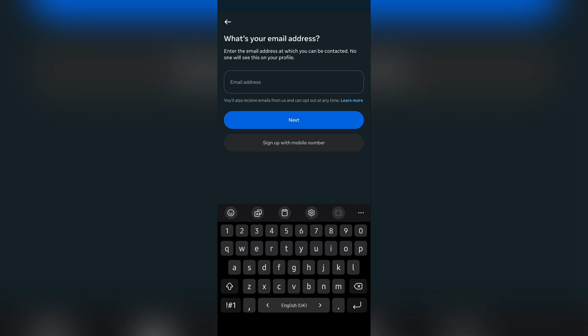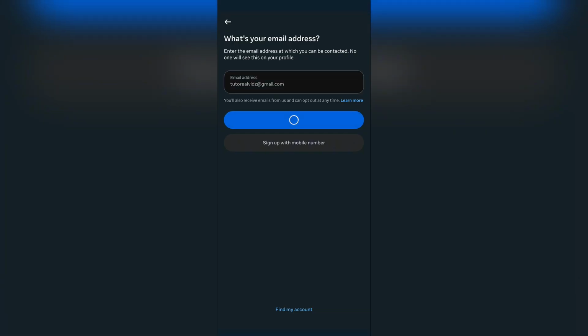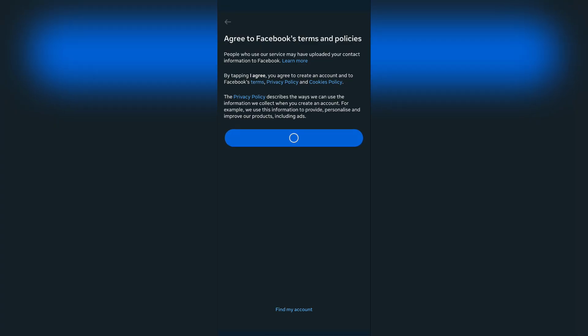I'm using email in here, and after entering either your phone number or email address, tap to next button. Now, after doing this much, you need to set up a password for your account. Simply do this and tap to next button. And now tap to I agree button in this page, and after doing these easy steps, your Facebook account will successfully be